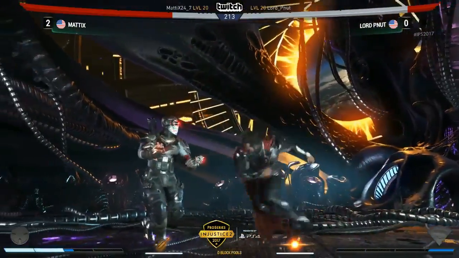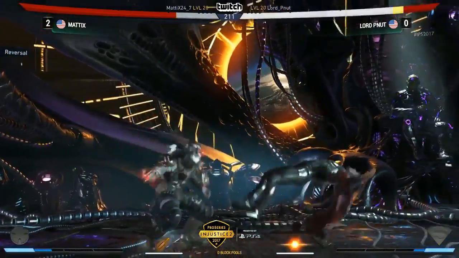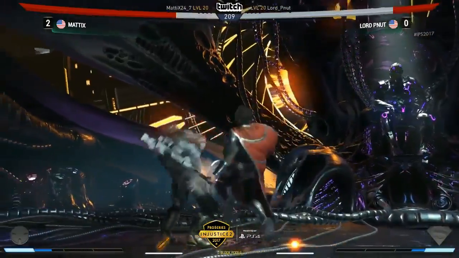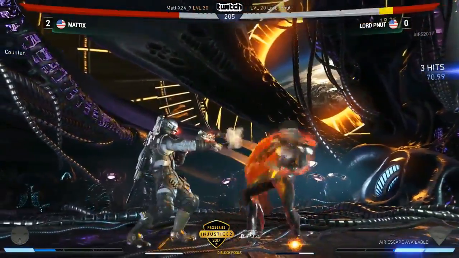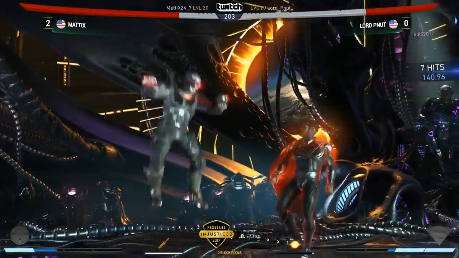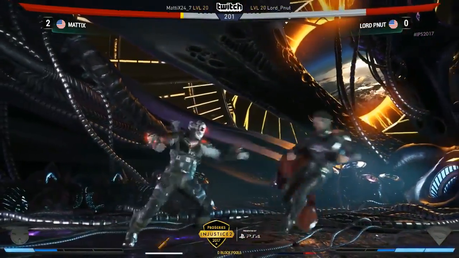Because right now you're starting to see, as we saw in this matchup with Pnut already, that meter burn forward roll to avoid the zoning. So as people start to exploit these system mechanics and get used to them, the balance is going to change. Especially like the same thing with Aquaman and the